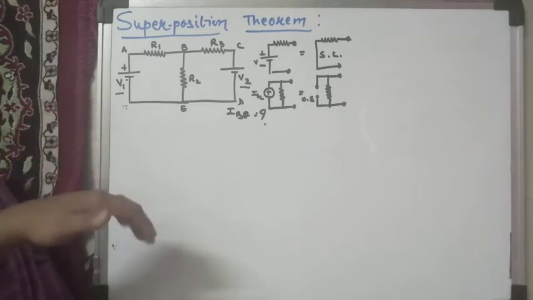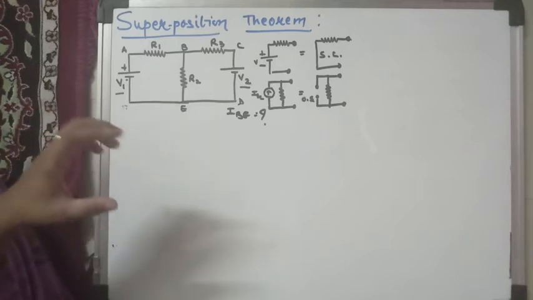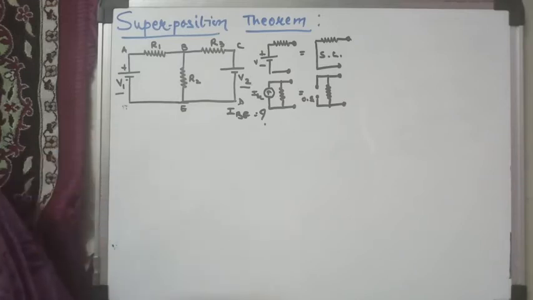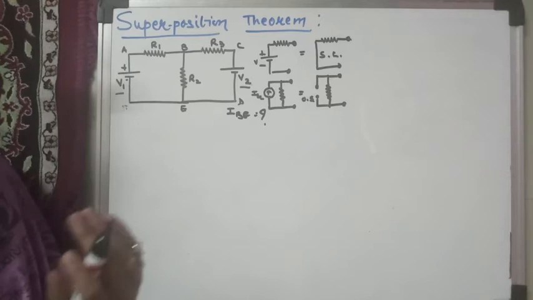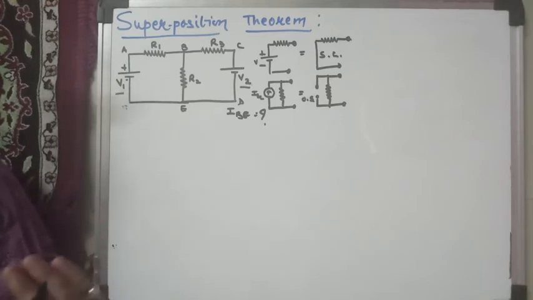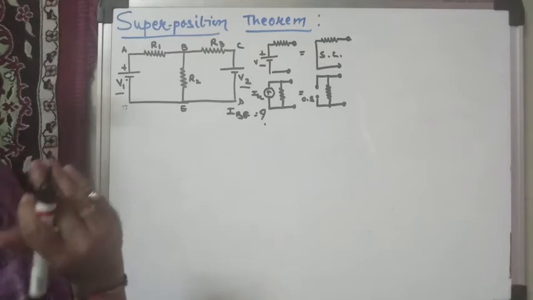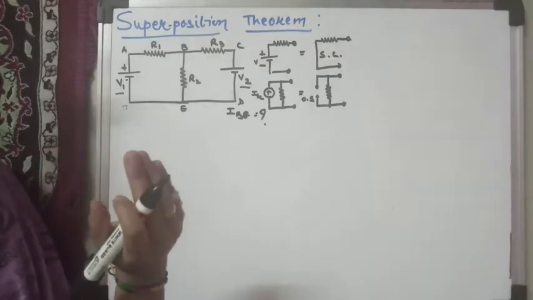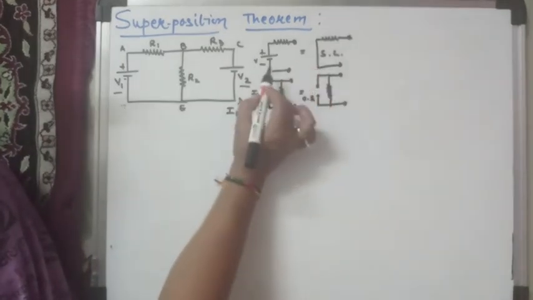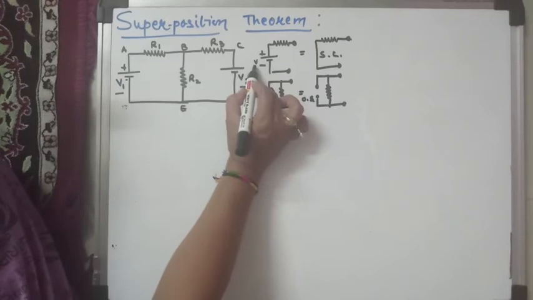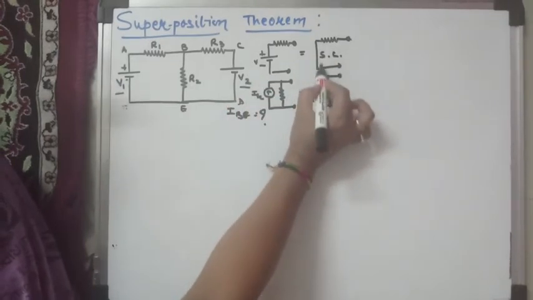Let's understand the superposition theorem by solving one simple network. Before learning the easy steps of the superposition theorem, keep in mind that if more than one voltage source is given, take one voltage source at a time and replace the other voltage source by its internal resistance. If the internal resistance of the voltage source is not given, that voltage source is set to 0, meaning it is directly short circuited.